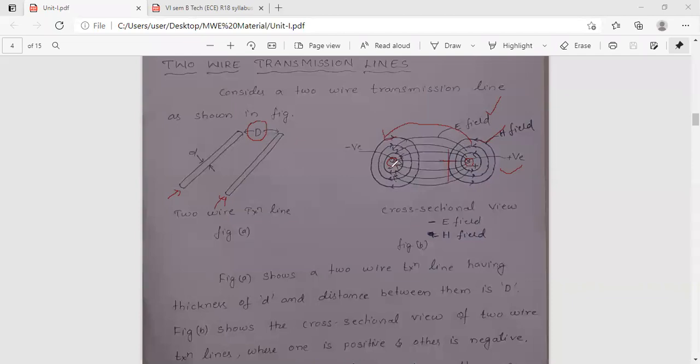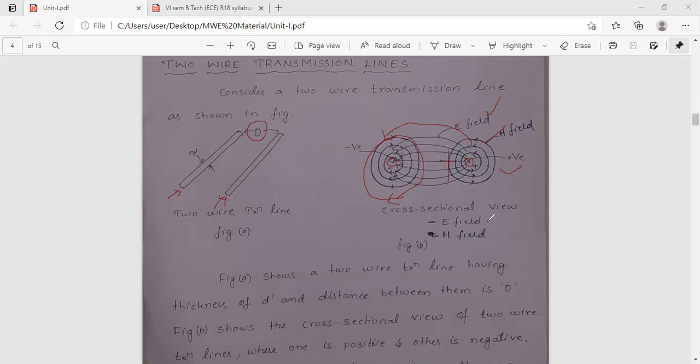Now in this case, it is the inverse. The thumb is exactly opposite to you. Then that shows that the fingers' direction is clockwise. So this is how the direction of the fingers is shown, in this particular direction. So this is the direction of the magnetic field in the negative transmission line over here, which is considered negative. So here also the electric field and magnetic field will be transverse in nature.